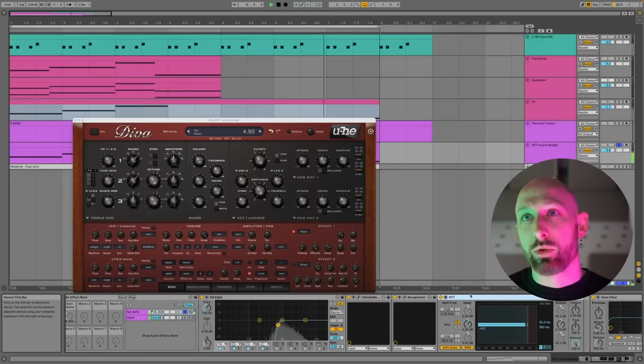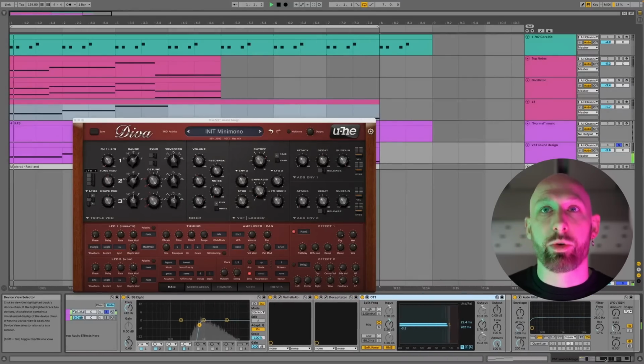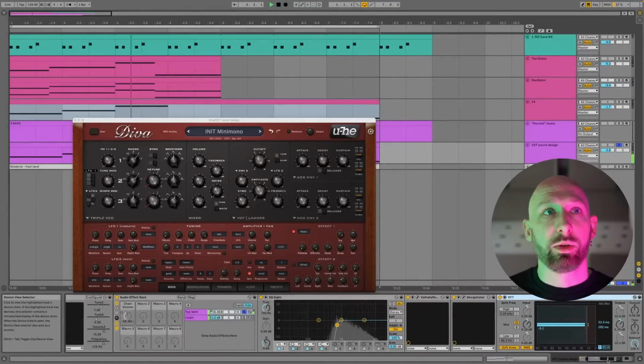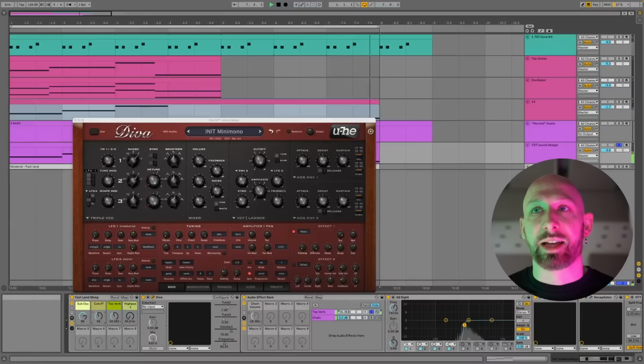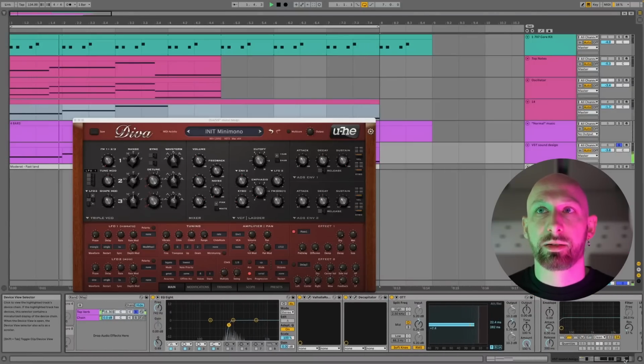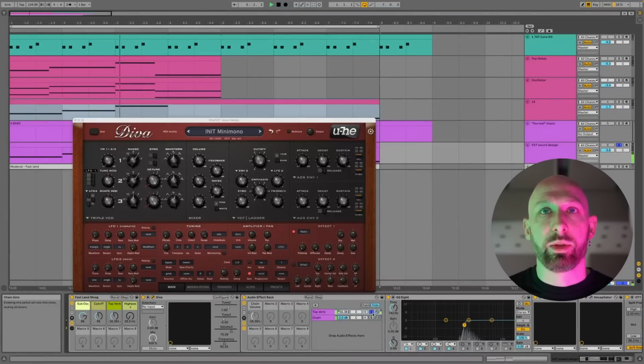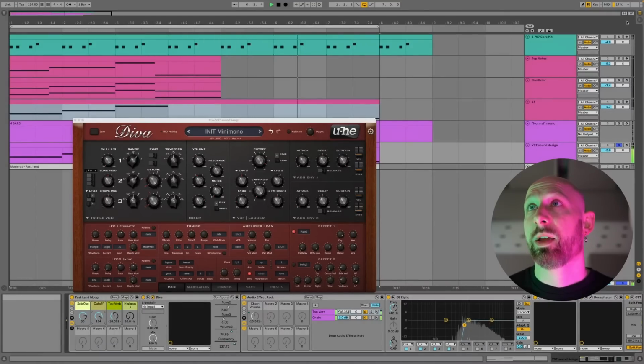And then it goes through an OTT, basically an upward and downward compressor that makes sure that this is always at the same volume. So even if I reduce the cutoff, it still highlights even that dark sound, if that makes sense. And so together with the original, it adds this top crunch that's really satisfying. And with the drums,